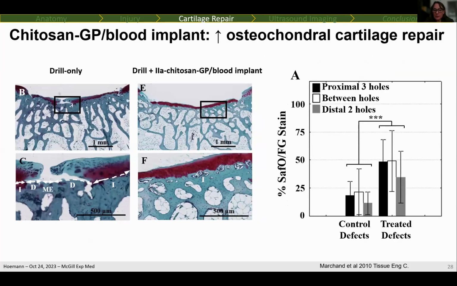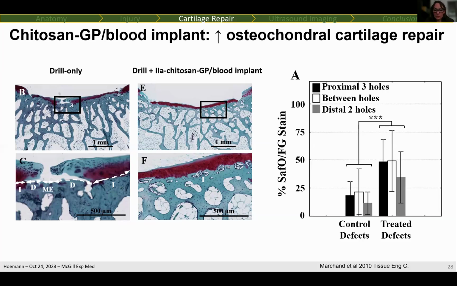But the fact you had bone repair didn't reflect what was going on above it. And it was only with histology that we were able to show that, in fact, the control defects, like the original seminal study of Mitchell and Shepard, are these outgrowths that have very poor integration, whereas the chitosan implant, which stimulated tissue remodeling, bone remodeling, had a higher chance of having hyaline tissue, and it was significantly more integrated than the control